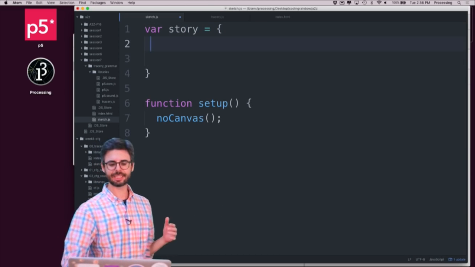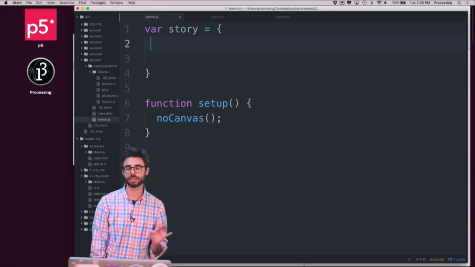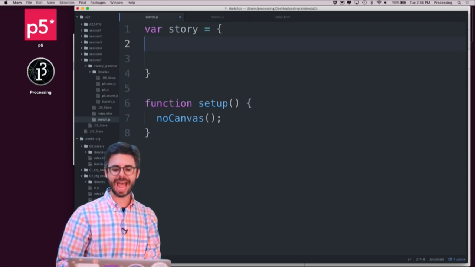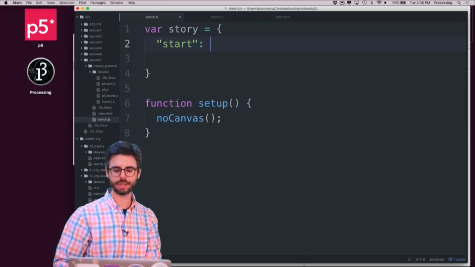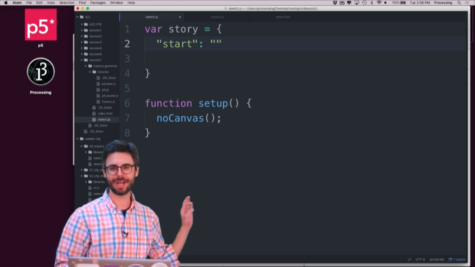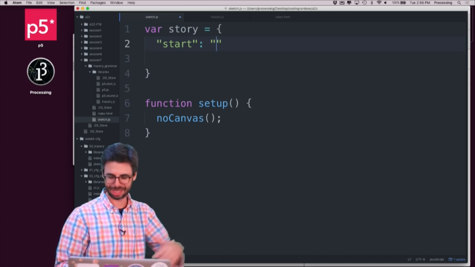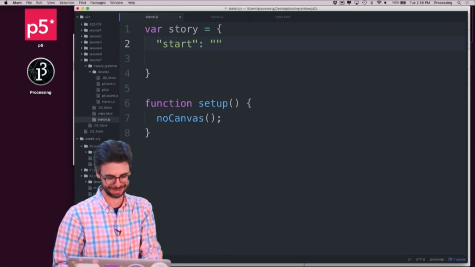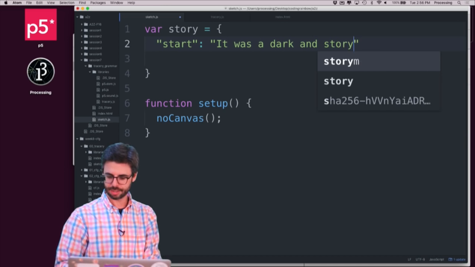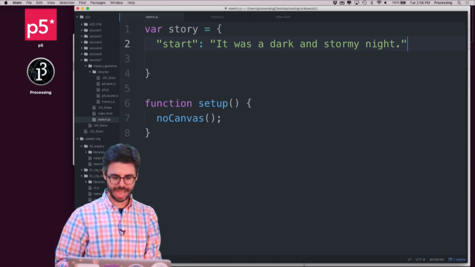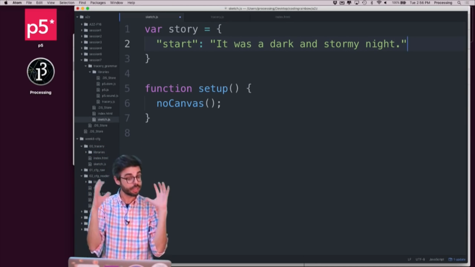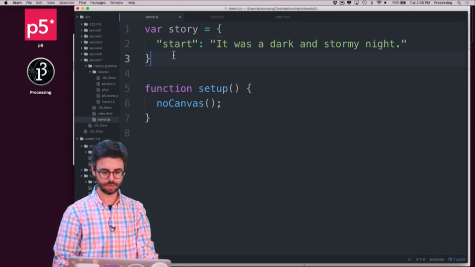And what I need is to have, now Tracery by default looks for something called start. So you don't have to name it start, but I'm going to call it start. And I'm going to say start is, and I'm going to need the chat, by the way, to start giving me ideas for story things, but I guess I'll just be making this up as I go right now. It was a dark and stormy night. So now, if I have this JavaScript object, which essentially holds the grammar, I should be able to make a